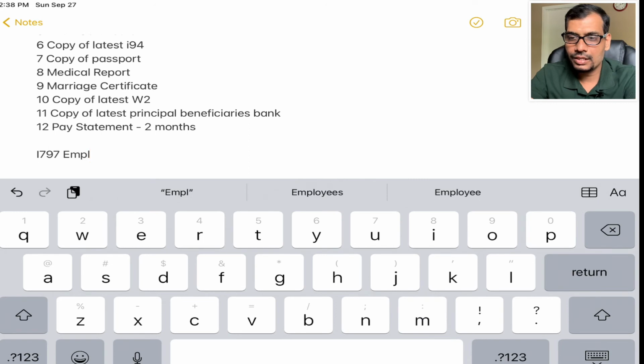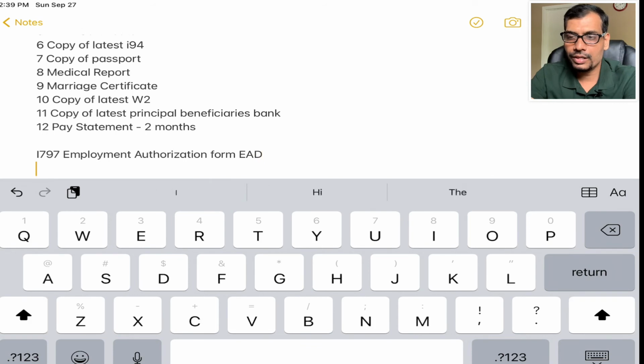This is basically the employment authorization form. So this will give you EAD basically to help you work while your case is getting adjudicated.